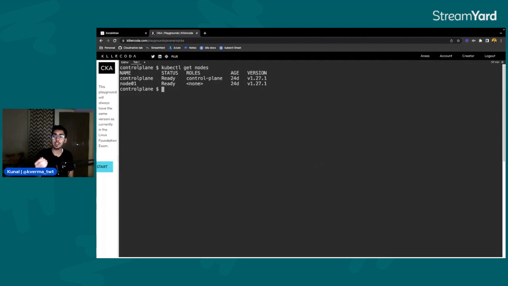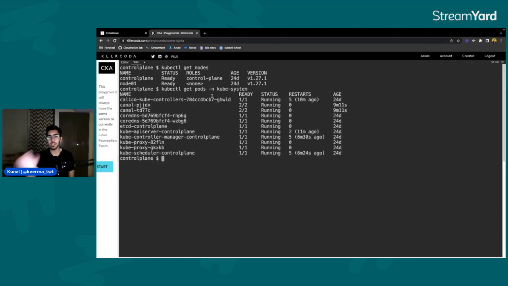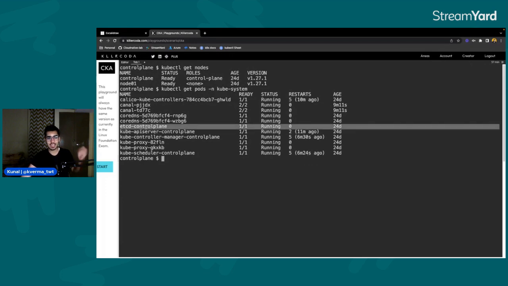Now, if you want to see what control plane components are running, you can do kubectl get pods -n. The -n is for namespaces. If you're not familiar with the concept of namespaces, you can refer to the documentation, but namespaces are essentially used to group Kubernetes resources together. If we explore the kube-system namespace, that is where the actual control plane components run as pods. These are all the pods that run by default in your Kubernetes cluster.